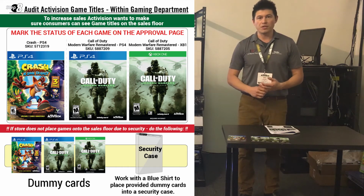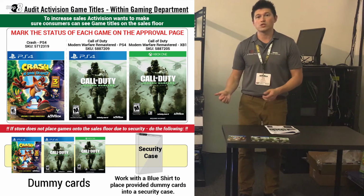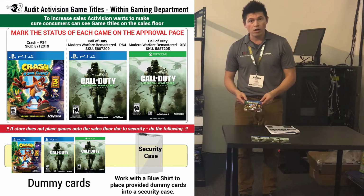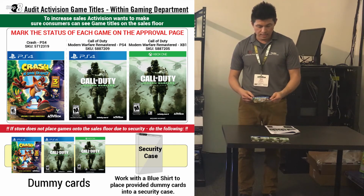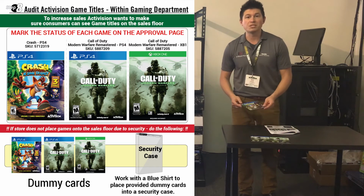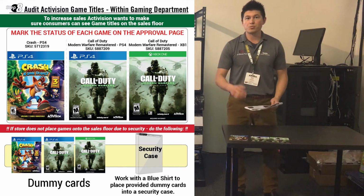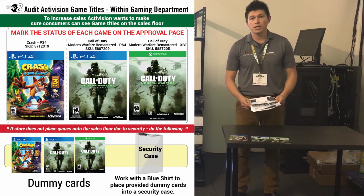Now, if the store says that they're a security store and they do not put out games, even in security cases, onto the sales floor, that's why we gave you these dummy cards. Show them the dummy cards, ask them to grab a couple of security cases from the back and put them inside of the security cases, and now they can be safely put onto the sales floor. Hopefully this experience will be very positive for you by having these dummy cards, and please provide us the feedback